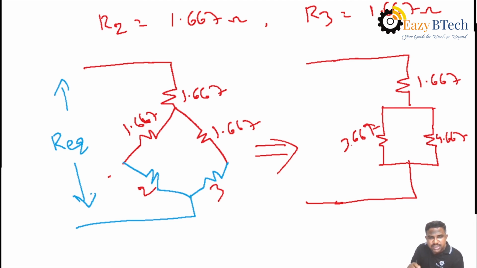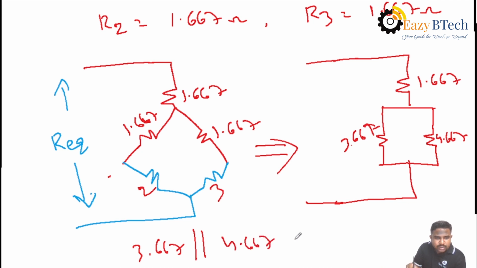At this node point you have to find the equivalent value. Then how to change this here? 3.667 and 4.667 are both in parallel. 3.667 is in parallel with 4.667. Then that equivalent value is nothing but 1.544 here. Then the given network will change into that equivalent value, 1.544, in series with 1.667. After changing the parallel connection, the equivalent value becomes